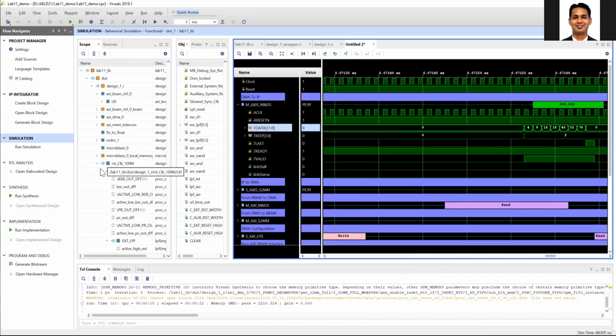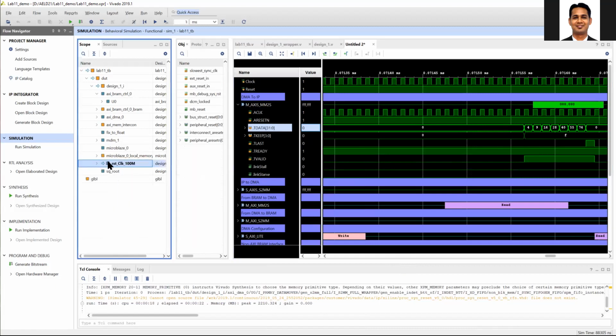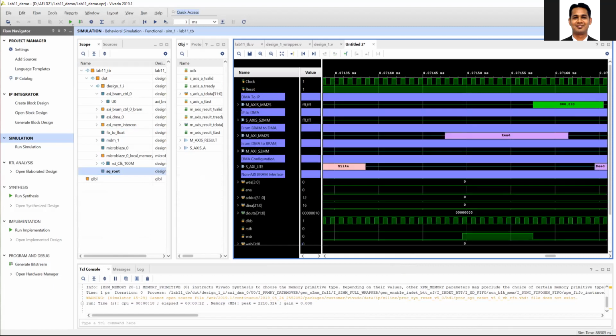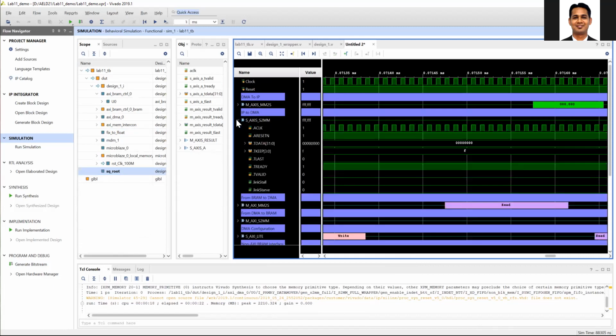You can have a look at those signals later. Then after fixed to float, there will be a square root IP. You can see the corresponding square root IP. The output of the square root IP will be sent to the DMA, so this is the IP to DMA.